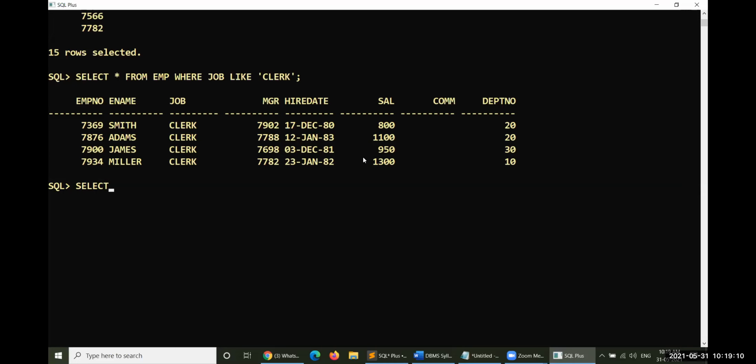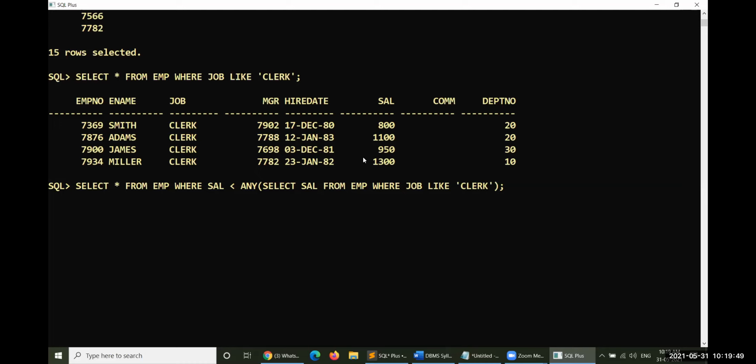For that, select everything from EMP where salary is less than any, which is always taken as less than the max value of the resultant of the subquery: select salary from EMP where job like clerk.